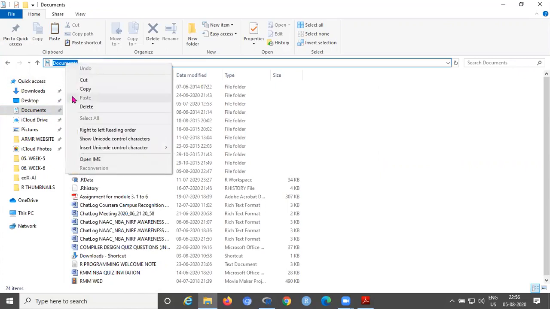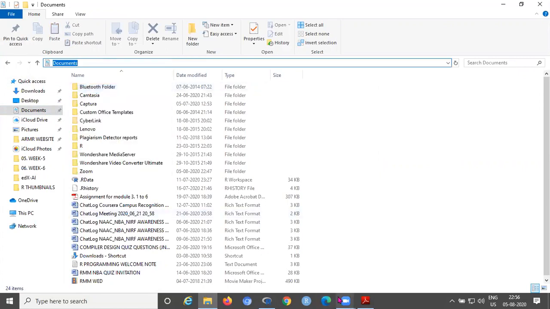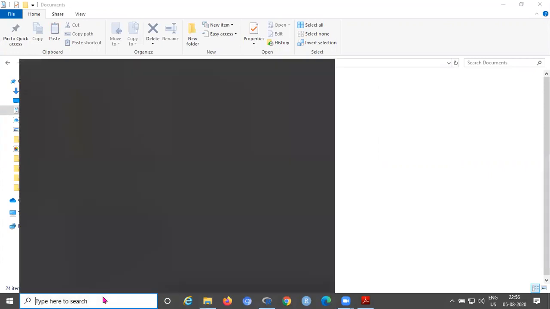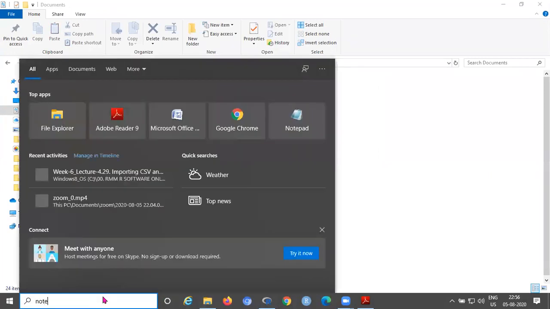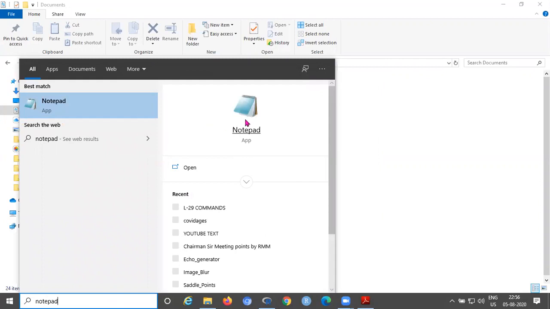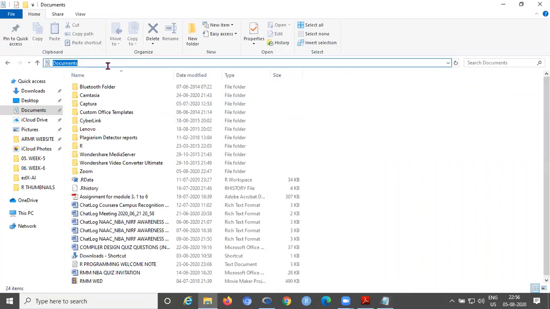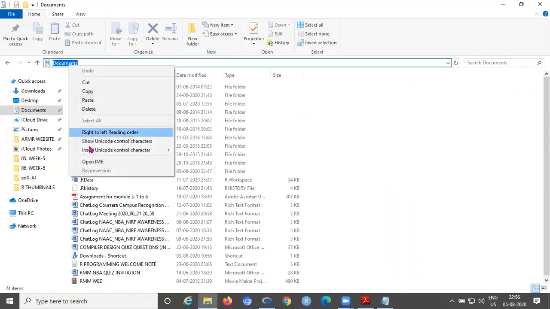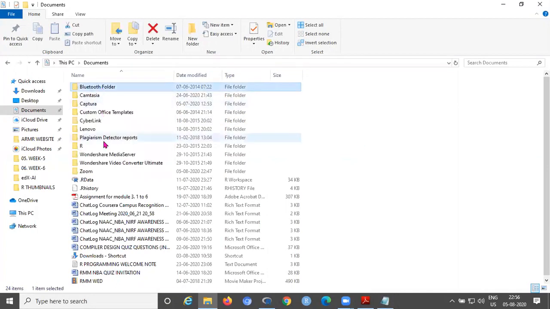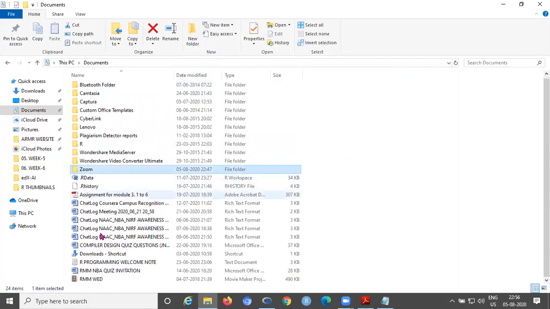You can copy it; let us see. Open Notepad and you can copy that path. If you select one file, then you can clearly get it.